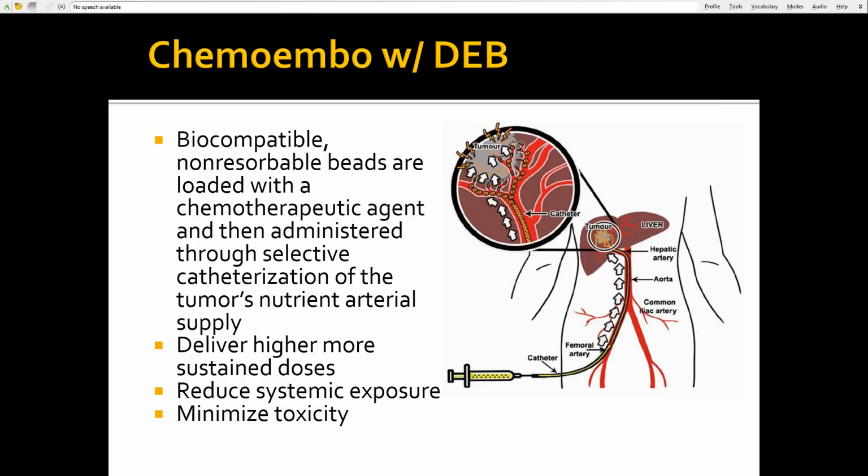Then over time, they start to elute the chemotherapeutic agent. In general, you get a higher, more sustained dose to that particular tumor, you get less washout, and you reduce systemic exposure. So this is something I like to use, and I think in America they're called the LC beads, which we